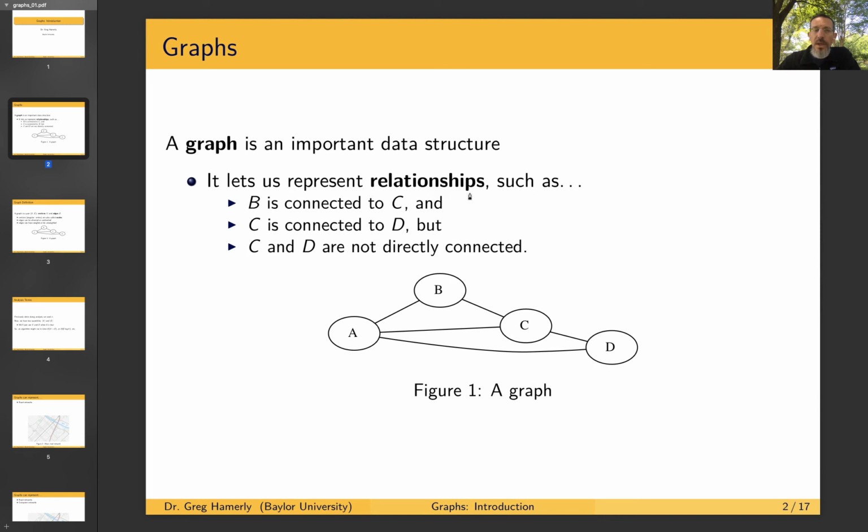the virtual world. And you can represent relationships such as two things are connected, like B is connected to C, like we see here, and C is connected to D, like we see here. And we know that because of this and this. These are edges. But in addition to these two and these two being directly connected, B and D do not have a direct connection, although they do have a connection through a path via C or via A. Okay, so this allows us to represent all kinds of pairwise relationships and then expand those pairwise relationships into more